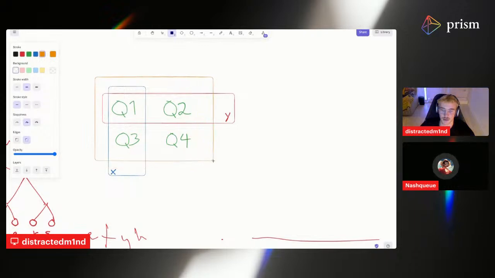Oh, I thought you had told me previously that there were 4 commitments. No, there are 3. Because I thought you'd need Q1, Q2, Q1, Q3, Q3, Q4, and Q2, Q4. Like one for each direction.